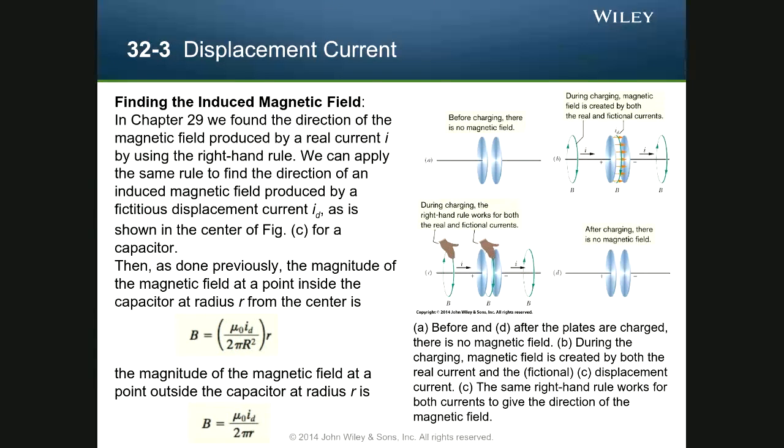So if we look here, we can see that the integral of B dot ds is going to be equal to mu naught epsilon naught